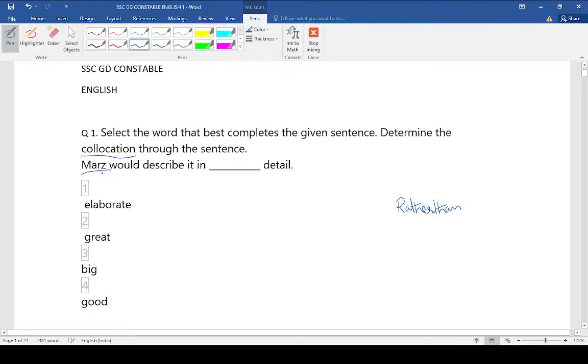What is the meaning of merge? It is nothing but disease, illness. So we can describe it as a sickness. So here, "disease would describe it in dash detail." Elaborate is nothing but extension. Great is nothing but